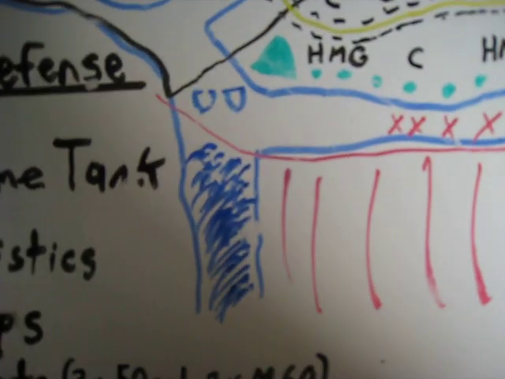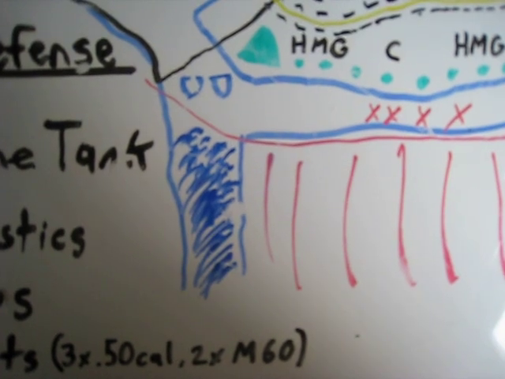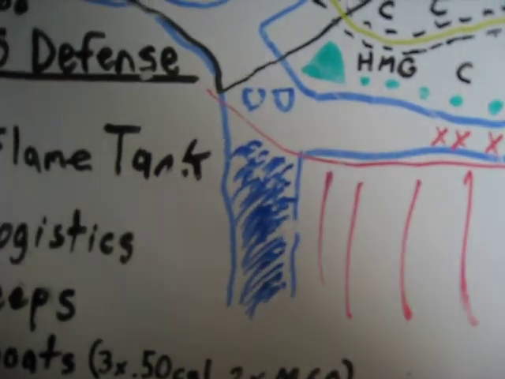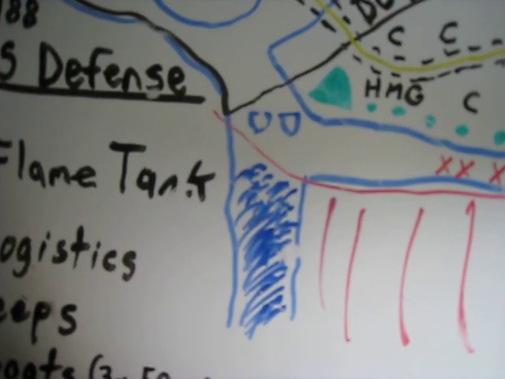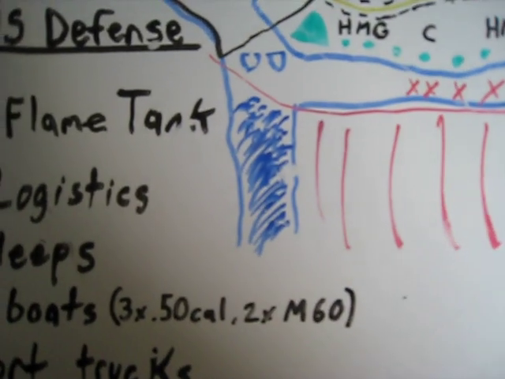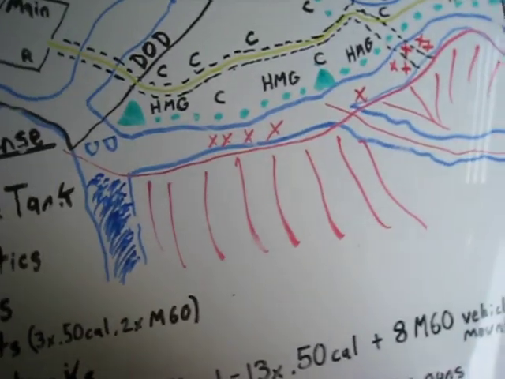Enemy has 3 sampan boats and 2 logistics trucks. I could have sworn, why is it not showing there? I'm looking at the asset list and that makes no sense. It's not showing there. APC, I could have sworn they had an APC on this map, but I don't know anymore. But anyways,